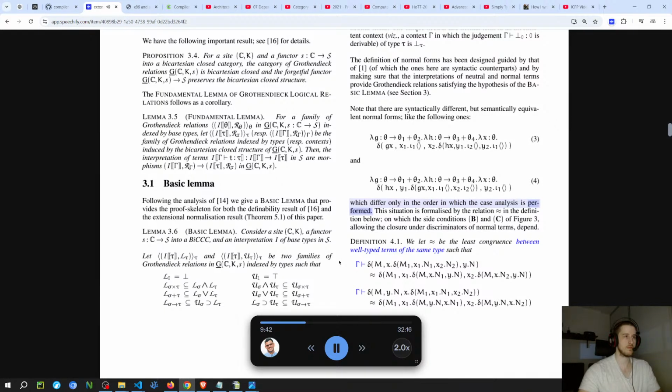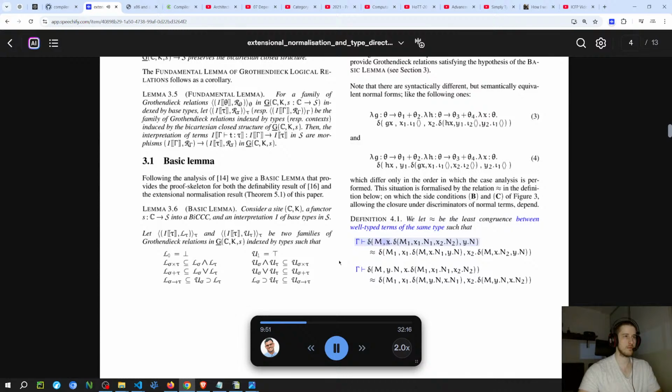which differ only in the order in which the case analysis is performed. This situation is formalized by the relation in the definition below, on which the side conditions B and C of Figure 3, allowing the closure under discriminators of normal terms, depend. Definition 4.1. We let ≈ be the least congruence between well-typed terms of the same type such that